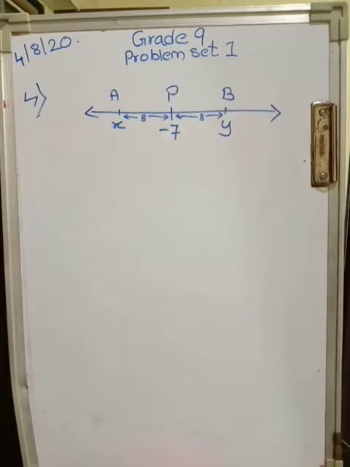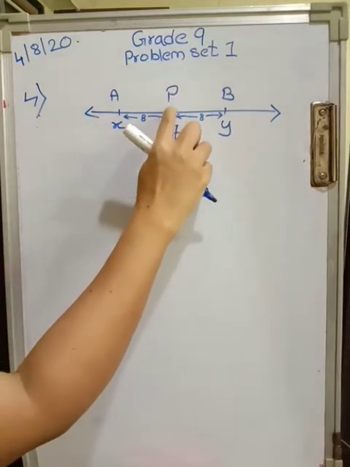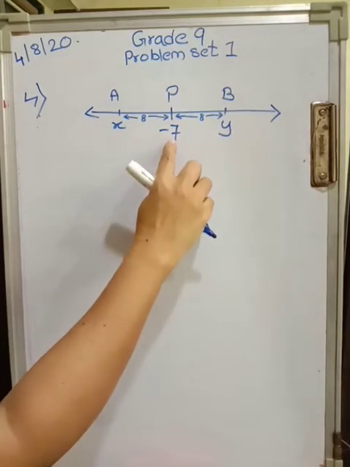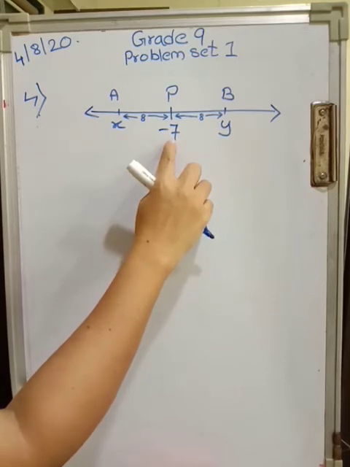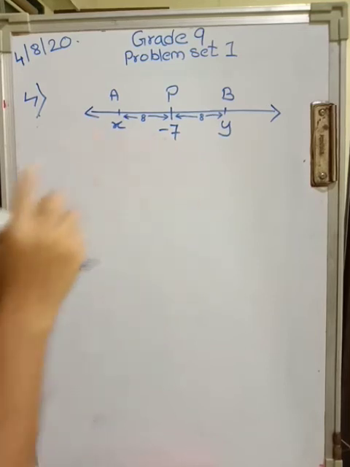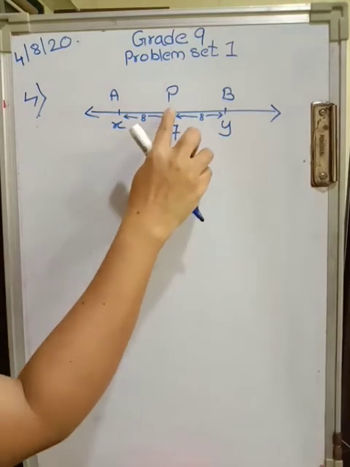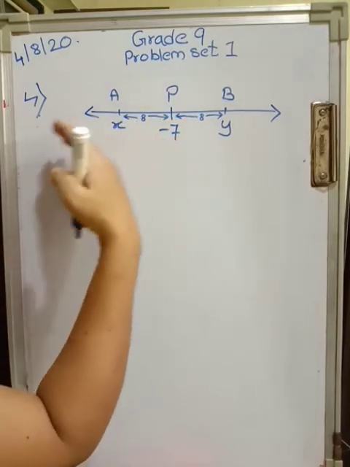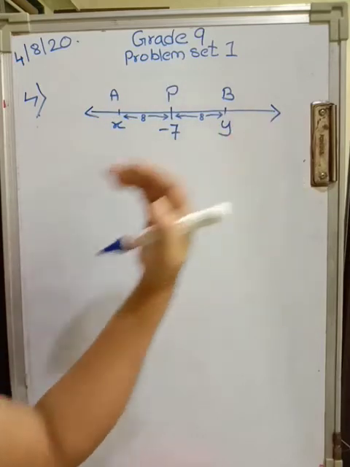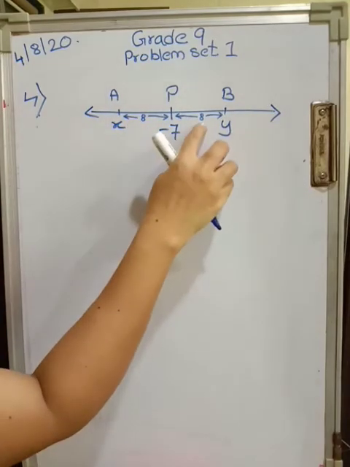Now your fourth question says that the coordinate of point P on a number line is 7. So this is the point P on the number line, its coordinate is 7. Find the coordinates of the point on the number line which are at a distance of 8 units from P. Now see, 8 units from P, it can be at your left hand side also and it can be at your right hand side also. Distance is never negative, alright.